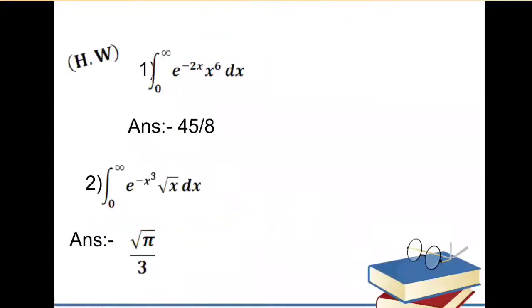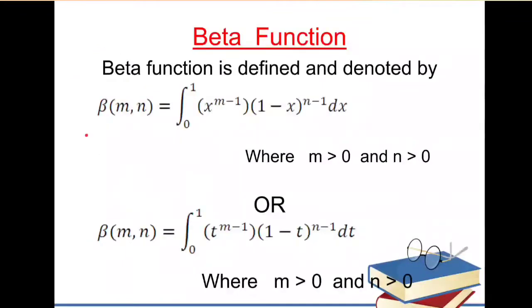Now next are again a few examples you have to try yourself. The next topic is beta function, and we know the definition of beta function. This is the definition of beta function. After this definition, we have discussed the properties of beta function, and those properties are,